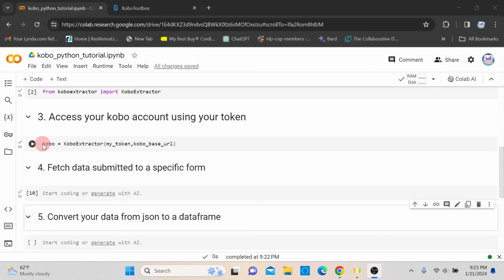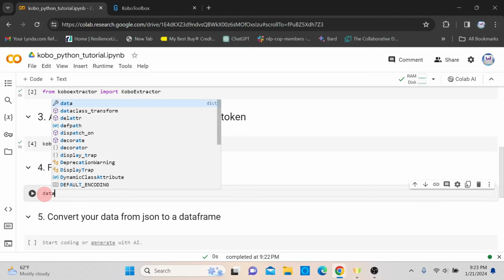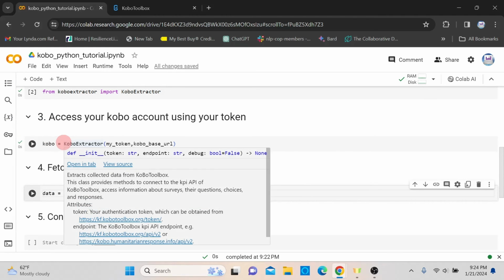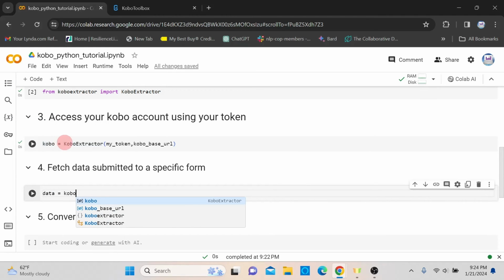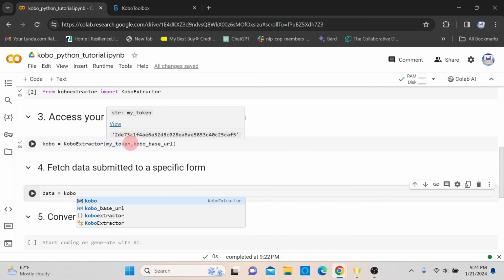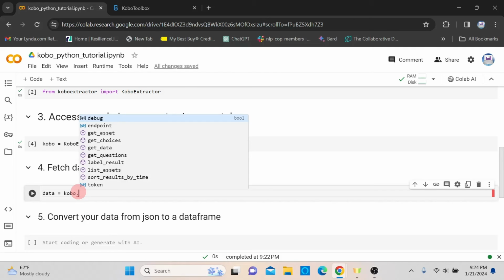So I will create a variable that will contain my data, and I will say data equal, and I will call the Kobo object, this Kobo object here, which is this variable which contains the Kobo extractor object that I created, where I pass my token and the URL. So I will call this Kobo object and then dot,